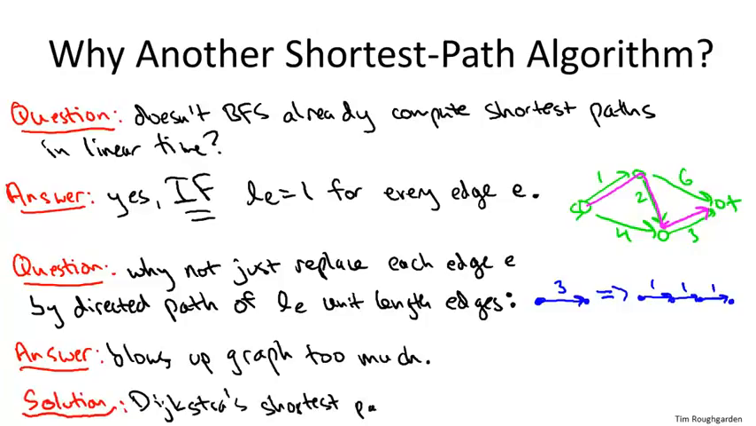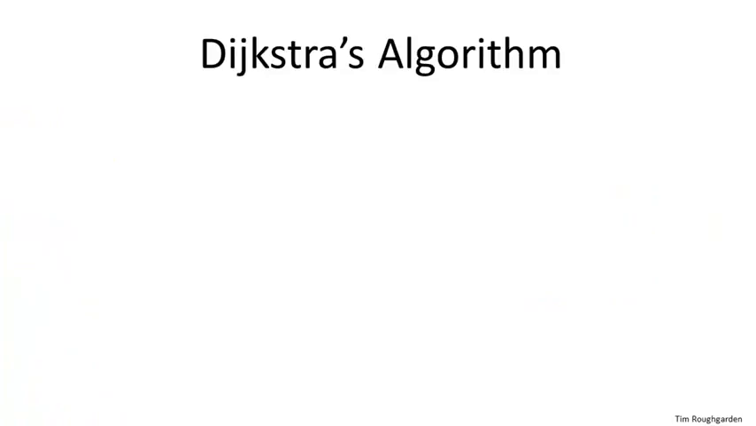So even though breadth first search runs in linear time, it's now on this much larger graph, and we'd much prefer something which is linear time or almost linear time that works directly on the original graph. And that is exactly what Dijkstra's shortest path algorithm is going to accomplish. Let's now move on to the pseudocode for Dijkstra's shortest path